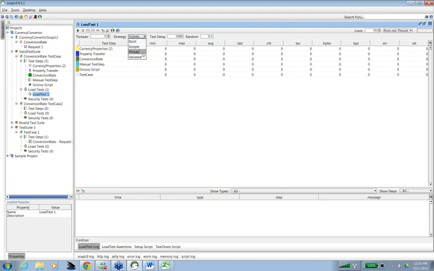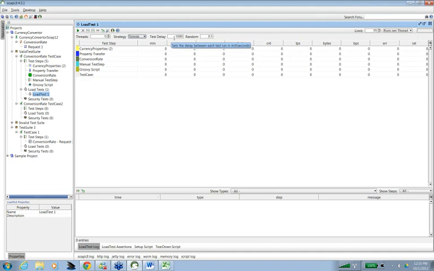So thread means first one thread would be used, then the second thread would be used. So this is a way. Strategy simply means how many threads would be used to simulate this number of users. So you can use any of these strategies.